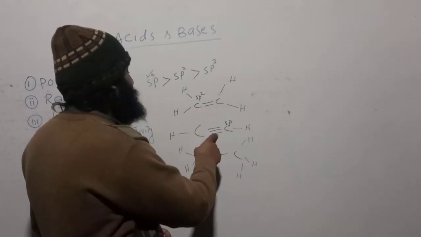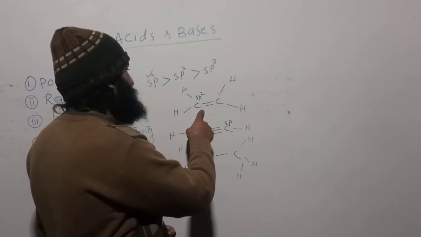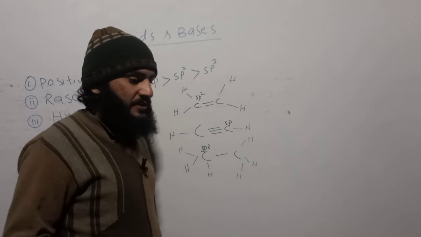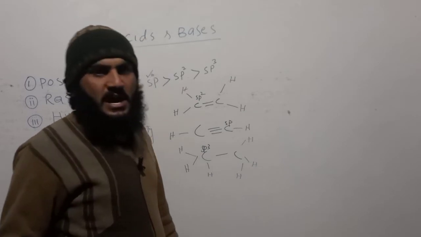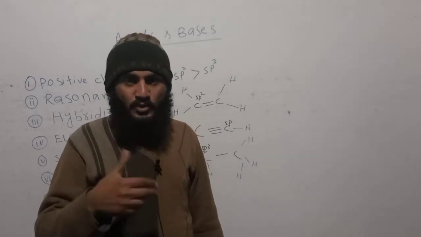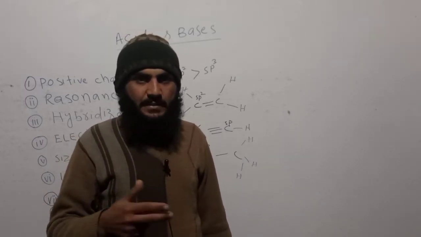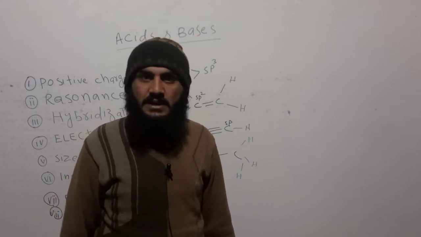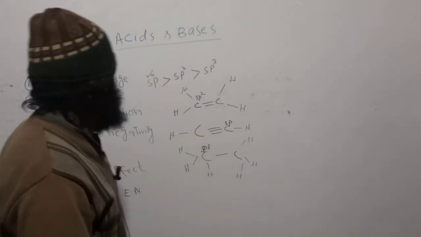Or acetylene is more acidic than ethylene, and ethylene is more acidic than ethane. Clear? So if a carbon atom or any central atom has sp hybridization, then it will be more acidic than sp2 hybridization, and sp2 hybridization will be more acidic than sp3 hybridization. Clear? So next one,